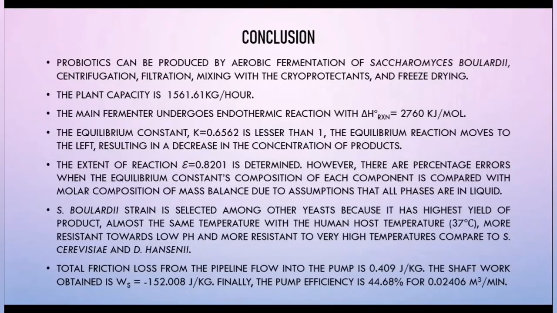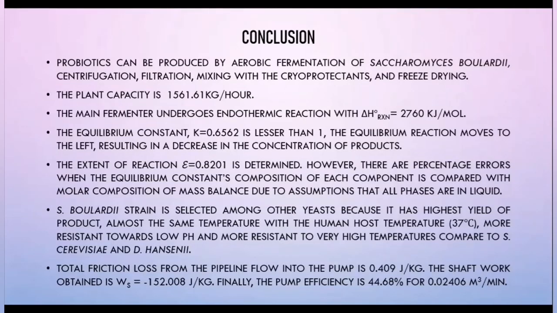In conclusion, probiotics can be produced by aerobic fermentation of Saccharomyces boulardii with ammonium nitrate and glucose as sources, centrifugation, filtration, mixing with cryoprotectants, and freeze drying. The plant capacity is 1,561.61 kilograms per hour. The main fermenter undergoes an endothermic reaction with the heat of reaction being